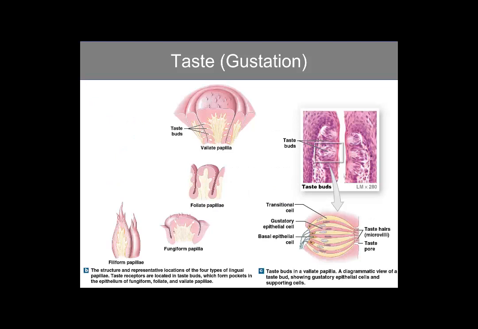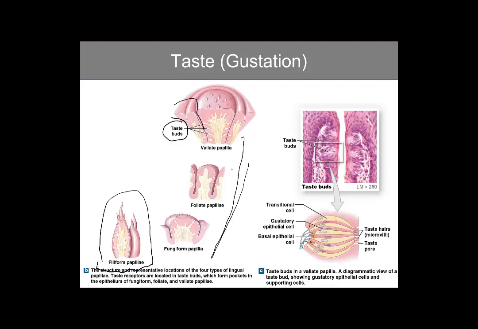Here we have some of these papillae. The filiform, remember, have no taste buds. They're there for friction, so they make our tongue rough to help the tongue manipulate food and move it around. And then we have the vallate, the foliate, and the fungiform papillae, and these all do contain taste buds. And if we look really closely, the taste buds are located down within these grooves,